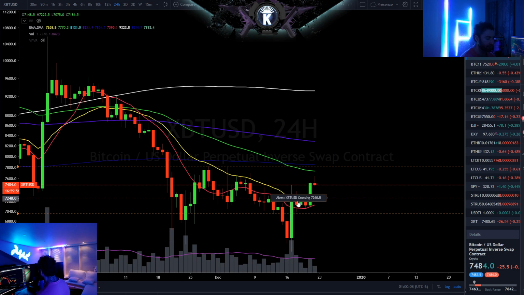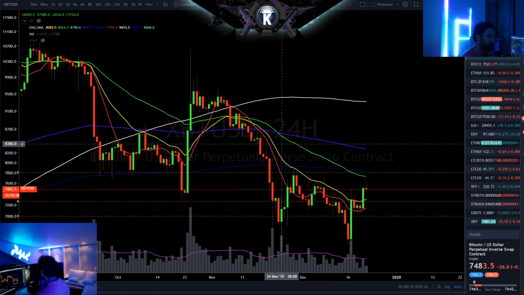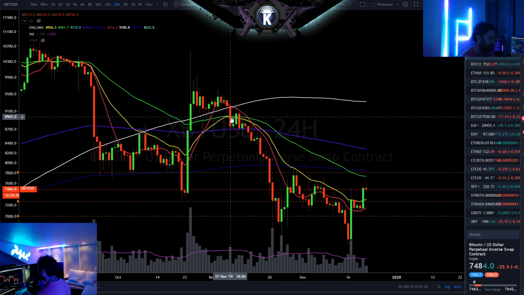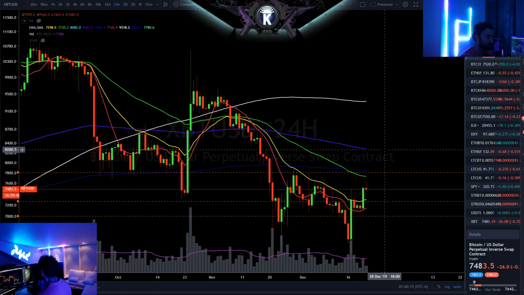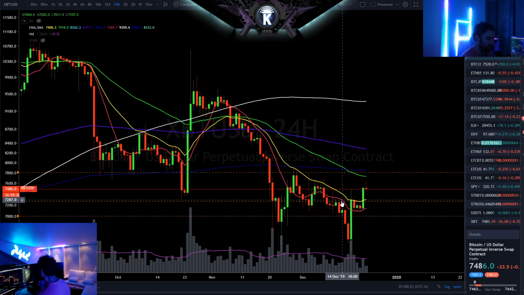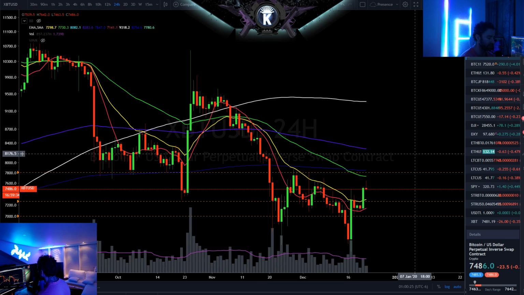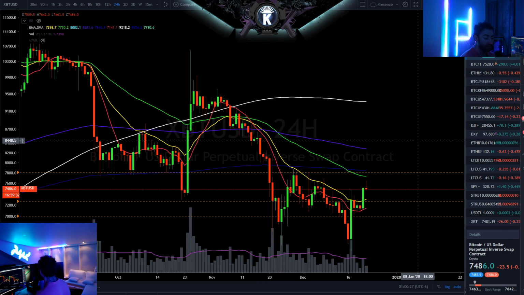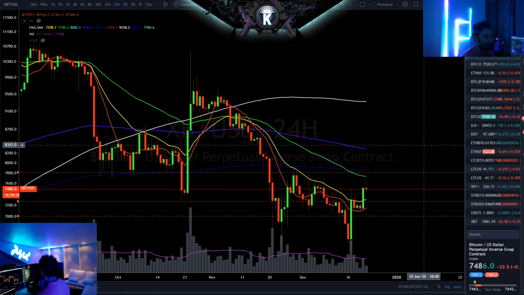And the daily got its first closure above the 21 exponential moving average, which we have been unable to do again since even before we lost that 4-hour support on the crack below 9,000 over here. And what I've been saying for the past week or so, really for the past couple months, is that I'm not bullish as long as we're below the yellow 21 exponential moving average on the daily. However, now that we've closed above it, I am looking at this as likely to give another try